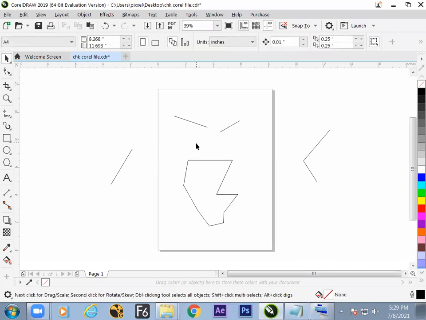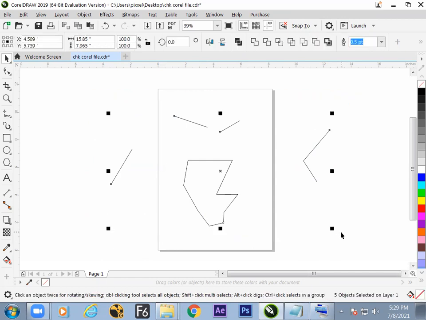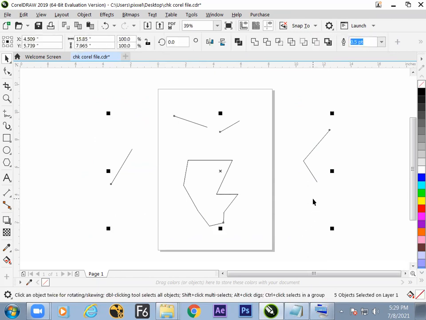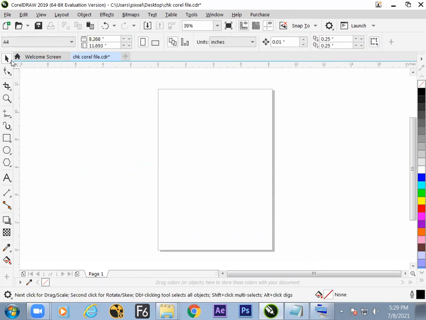So how to select all? Yes. Whenever we are with pick tool, the space bar, you can click outside and drag all the things. And if it isn't required, you can delete it. The same selection could be done by Control A and delete. So now we got to know how to handle these two tools, freehand tool and the pick tool.